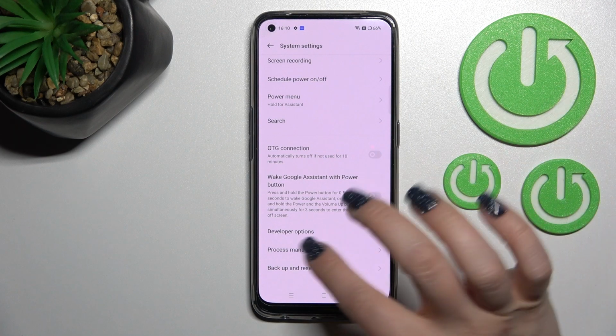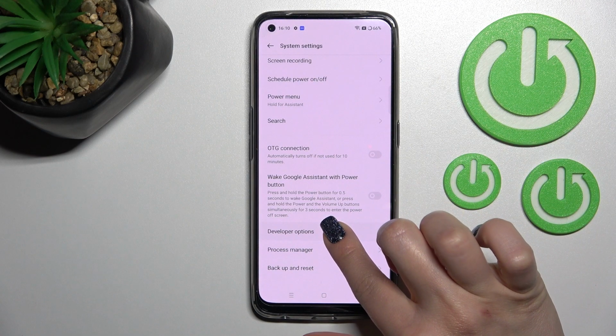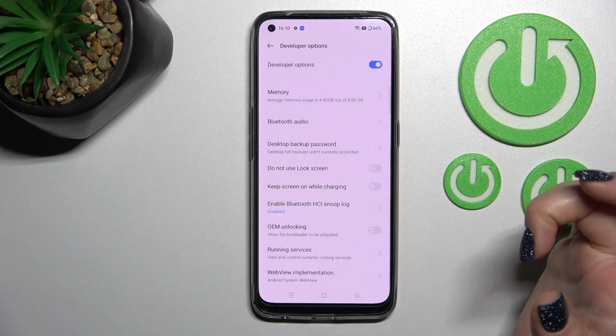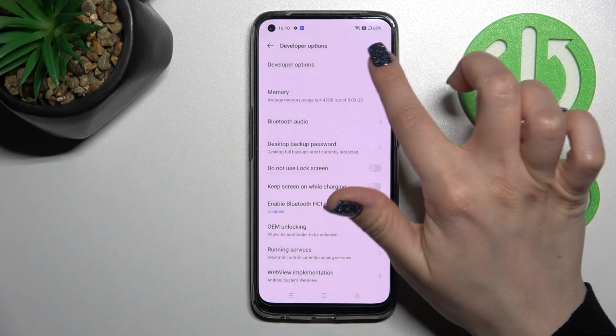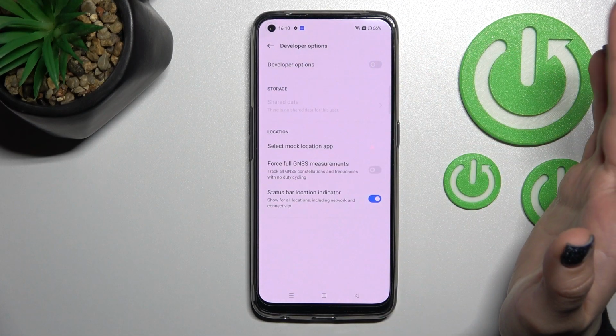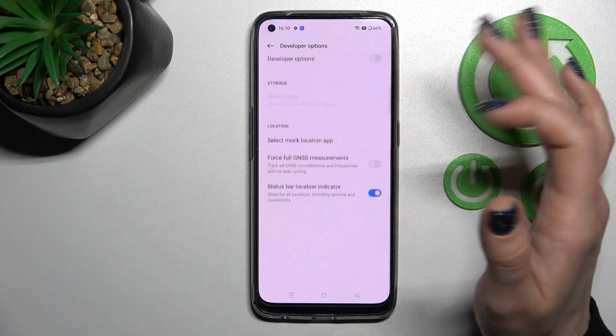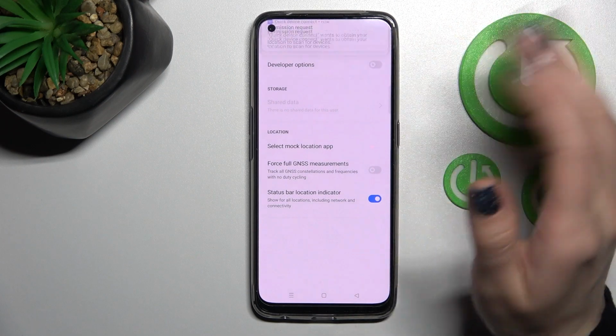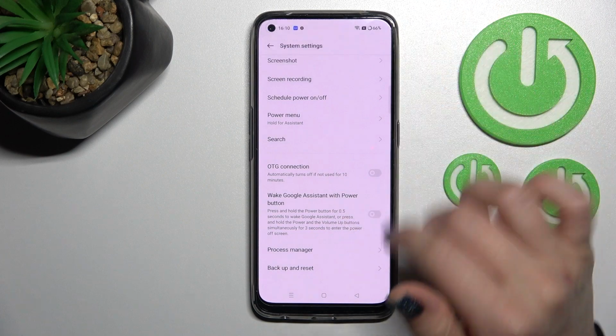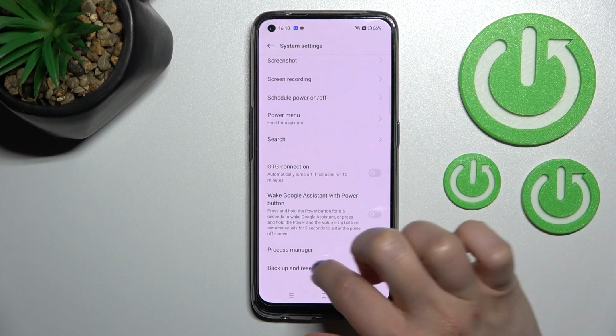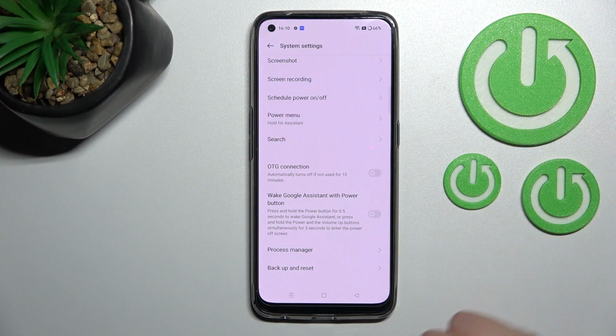If the developer options are deactivated, you'll see this section here, and to hide them you should click once on this switcher. Now we can see that all of the options are blocked, and when we go back again to the system settings, we can see that the developer options section